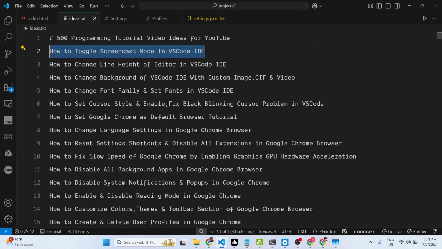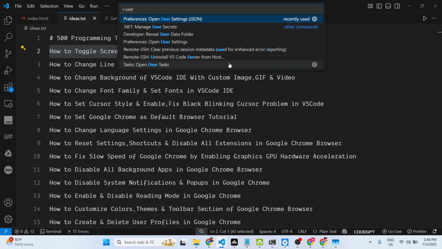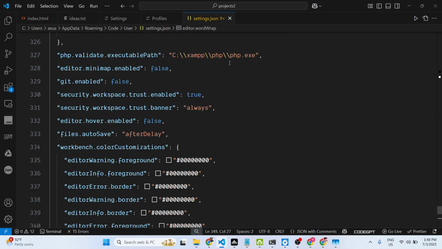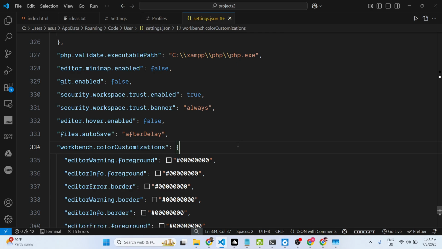So in this video I will show you how to change the line height of the editor inside your VS Code IDE. Line height is very simple. You go to the settings, user settings file, just Control Shift P inside your command palette, open your user settings file, and right here there is a property that you can control, which is